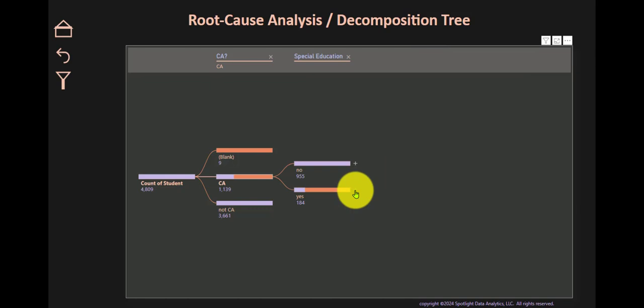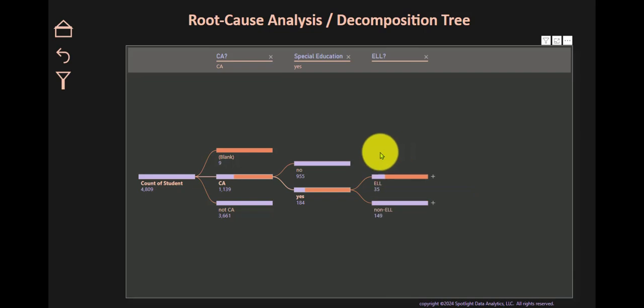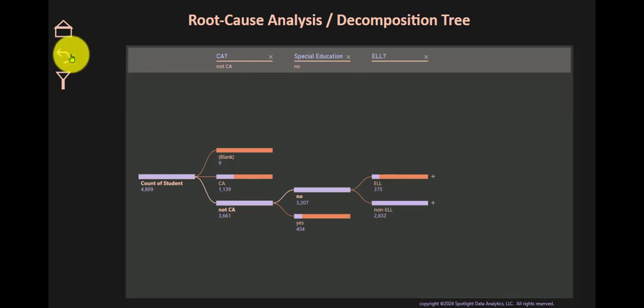I can go back and see, okay, I want to see the breakdown in terms of English language learners. So I can see students who are chronically absent and in special education and English language learners. So I can see that there are 35 there. I can click again here. I can move this around and everything will move around in real time. So I have an opportunity to really analyze my data. I'm going to go back,